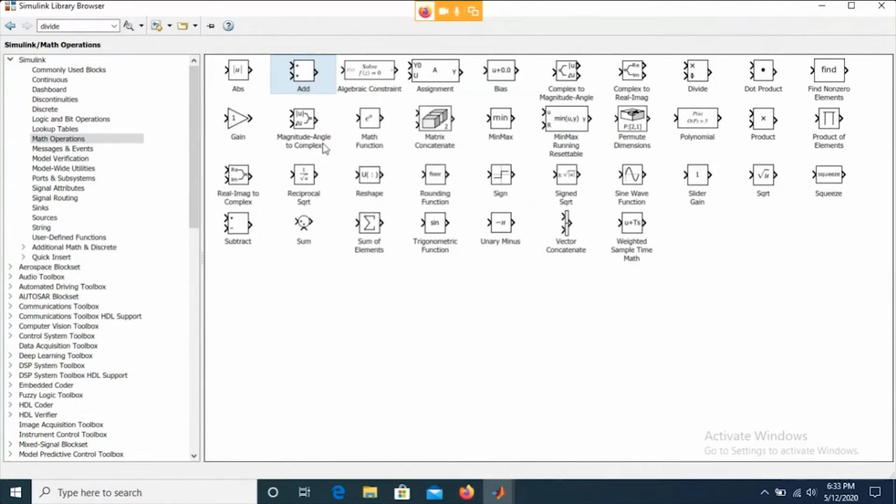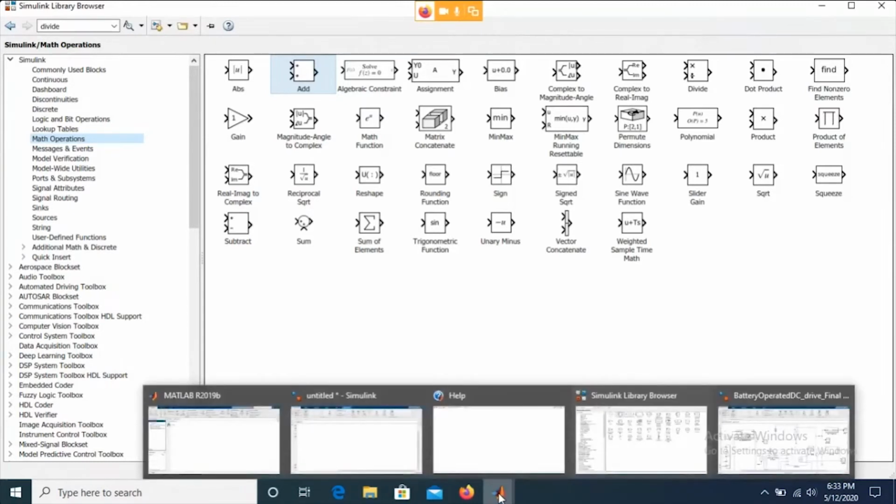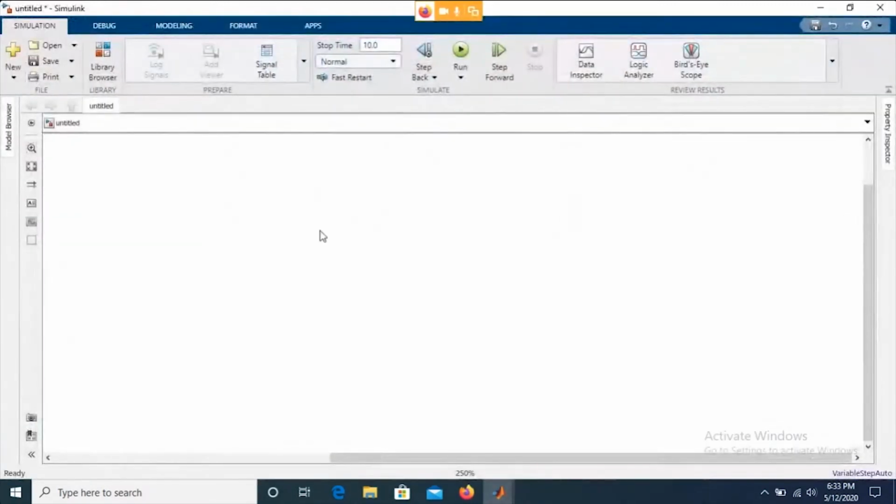So there are many number of blocks, right? And this is just a Simulink library, and there are many other block sets as well, right? So if you have these Lego blocks, you can create your model systematically and you can play with your simulation. So let me go to a blank window. This is a blank simulation window, and here I can add all the blocks. What I'm going to do is start the simulation step by step, like I explained to you, right?